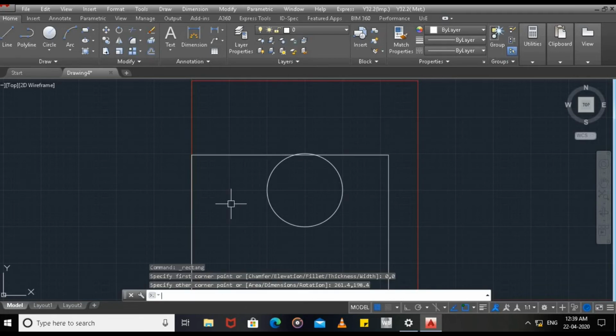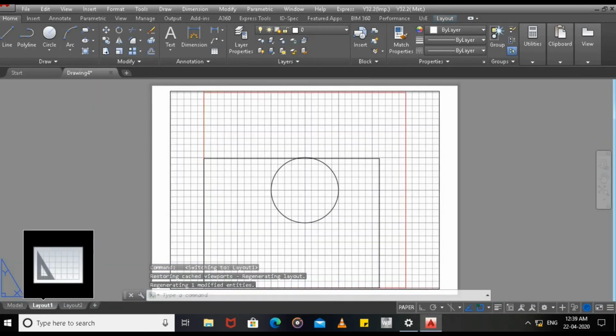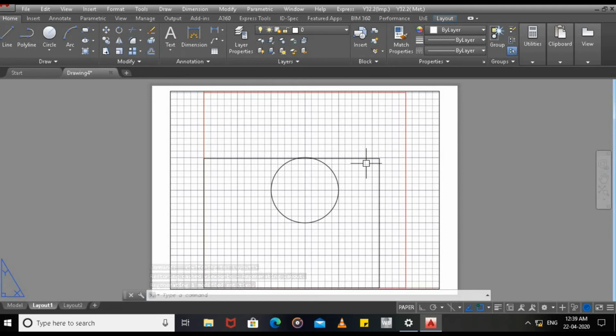Now this is again a second rectangle. Now again we are going to Layout 1 and we are checking this rectangle, having an area equal to the printable area, but it is in smaller size because its scale is not 1:1. Its scale is 0.65 to 614.